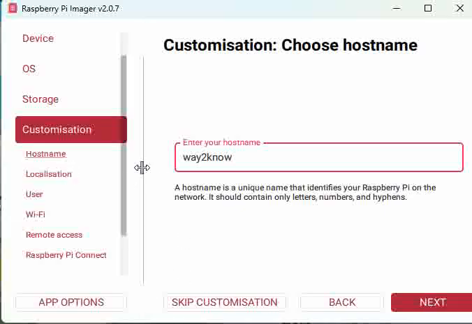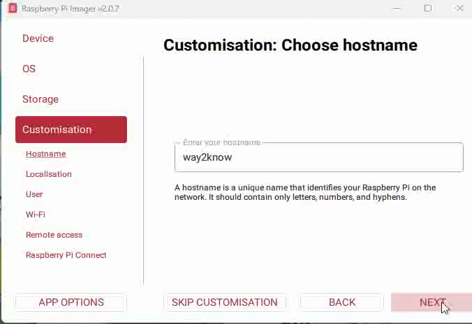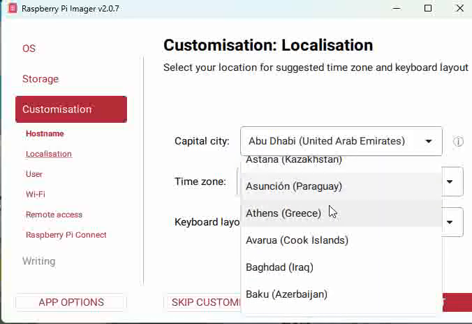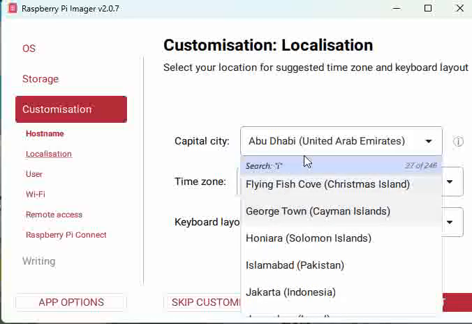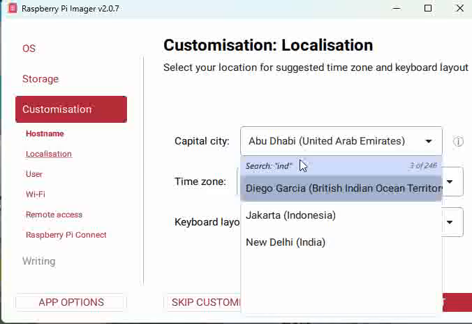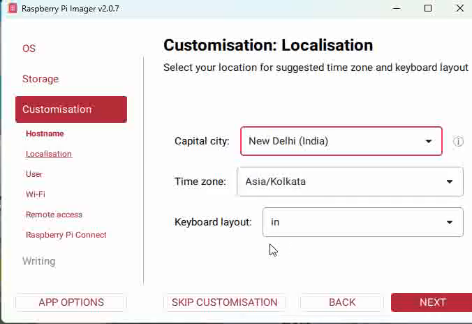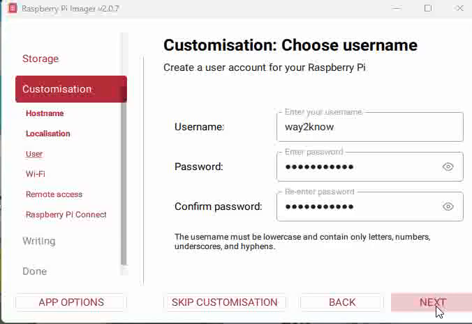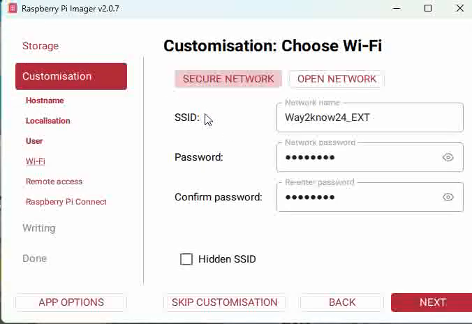Okay, so we have given our host name as Way to Know, and once you give your host name, click on next and you select your location. So the region is India, Asia Kolkata. Okay, and then next, again you choose your username and password here. Once the username and password are given and customized as per your requirement,